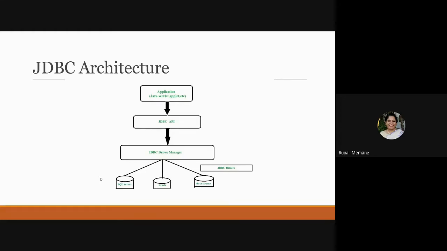Now, coming to the architecture: what actually is JDBC and how is its architecture laid out? As I said, JDBC is the connection between the backend and the front end. Look at the front end here. The front end can be a Java applet, a small application, or a servlet, and your database can be SQL Server, Oracle, MS Access, PostgreSQL, MySQL, anything. So your server can be anything. I need to connect this server with this API, so I need these two layers or tiers. This is called your JDBC architecture.